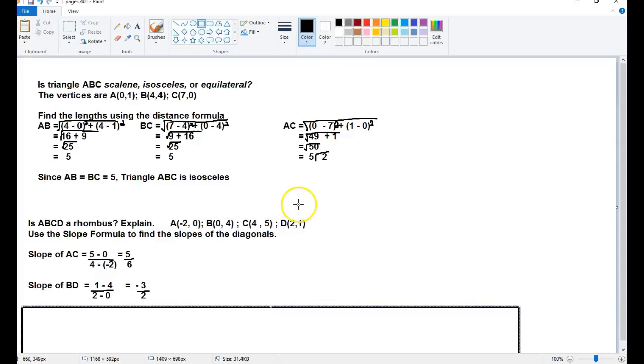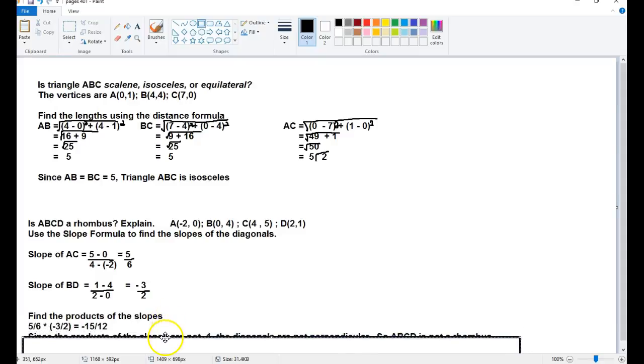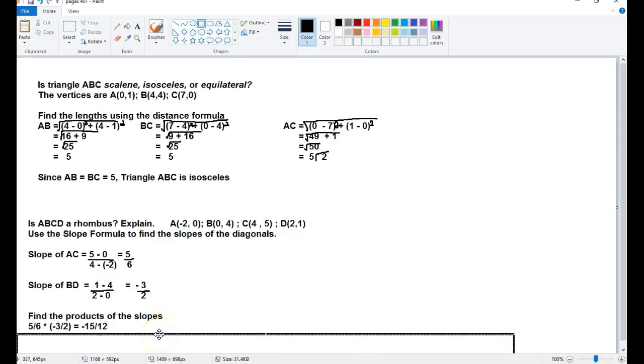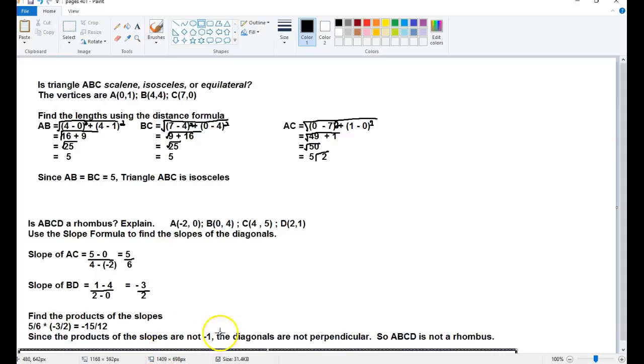Remember, you have to do y values, so I messed up that. So it's 1 minus 4 over 2 minus 0. To check if these are perpendicular, you multiply them, and they should be equal to -1. When we multiply them together, it's not equal to -1, it's equal to -15/12. So since these are not equal to -1, the diagonals are not perpendicular, and the shape is not going to